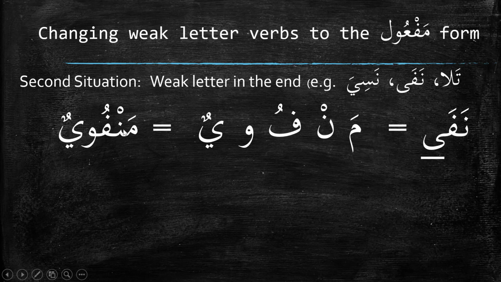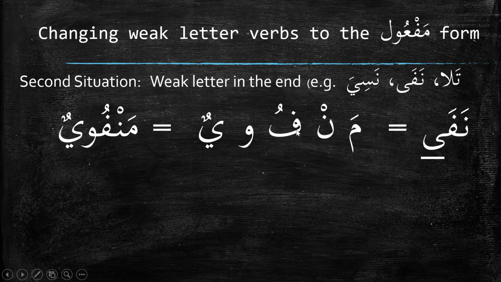Manfuyun, which is difficult to pronounce. That's what the original word would look like. But that's a bit difficult. And so what we want to do is fuse these two as we did previously. The two weak letters, because they're both from the same weak family, they can fuse together. When we fuse these together, the ya is a stronger letter. It's the original letter. Okay, the original letter is a ya. So the ya is going to take control. And so when these are doubled up, it's going to be a doubled ya, not a double waw. So that's going to give us